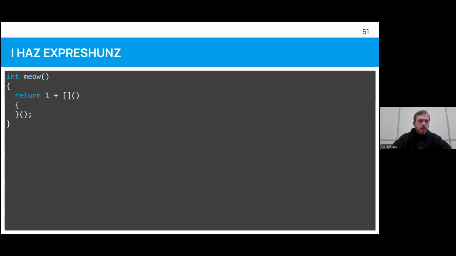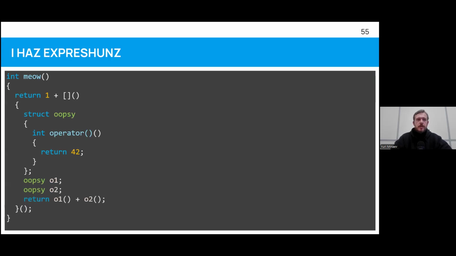Let's see what a lambda can contain. Well, it can contain, for example, structures. Structures can contain functions. Lambdas can contain also lambdas. You can declare variables. You can use arbitrary statements and call constructors and functions and stuff like that.